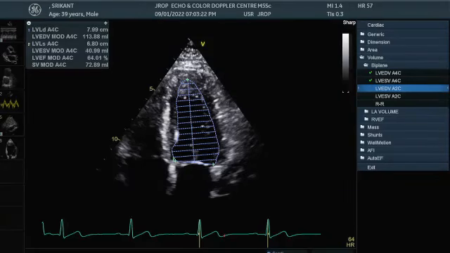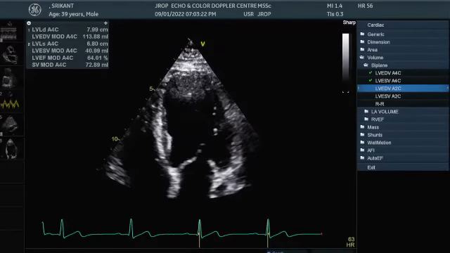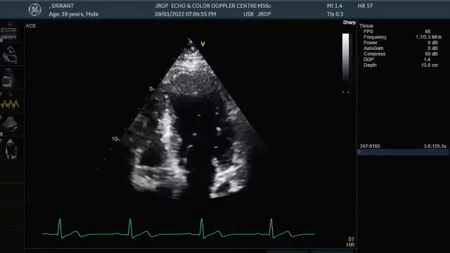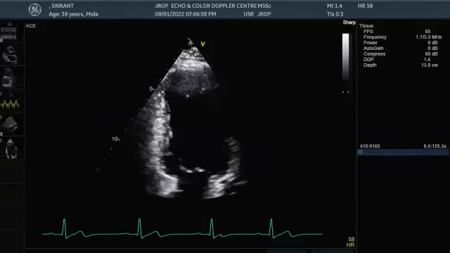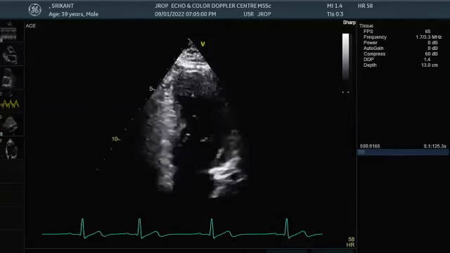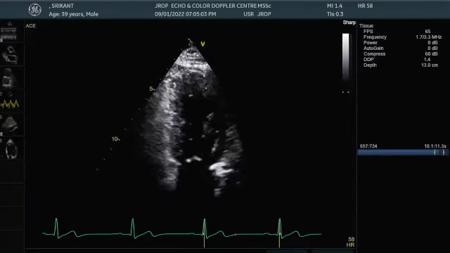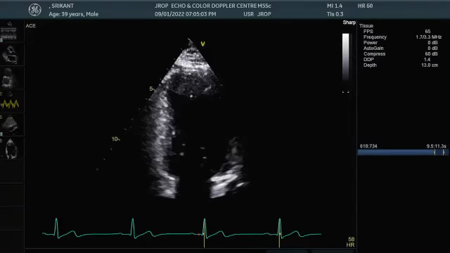So we have to measure EF in both the 4-chamber and 2-chamber views. The same thing you will do in the two chamber view also. Why do we do it? The difference is not the answer. If somebody has an inferior wall MI, his wall motion would be better in the two chamber view. If somebody has a septal wall infarction, his wall motion would be better in the four chamber view. So utilizing two views gives you a reasonably good ejection fraction.